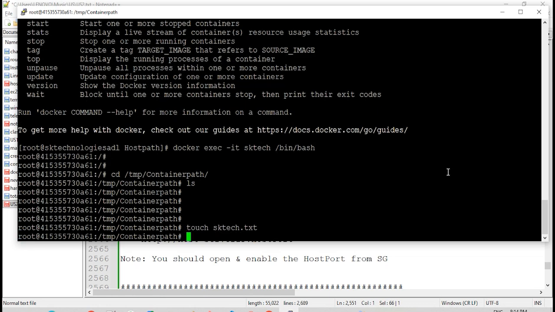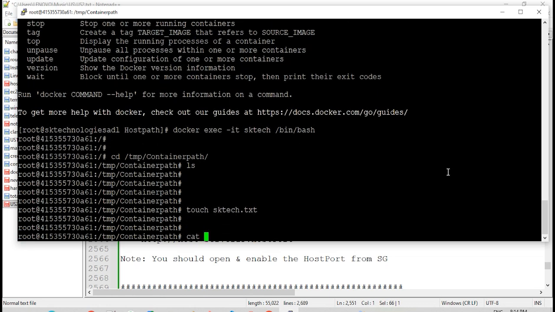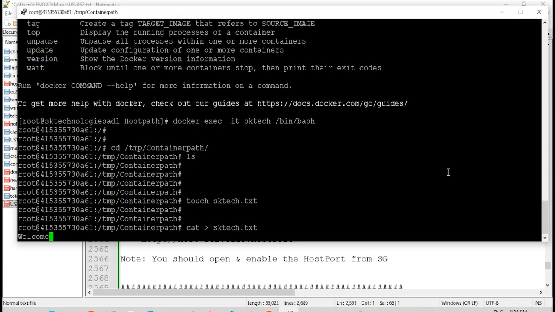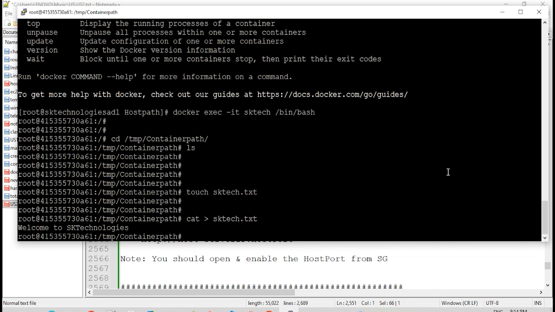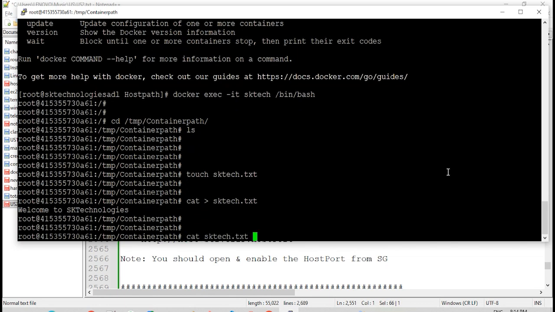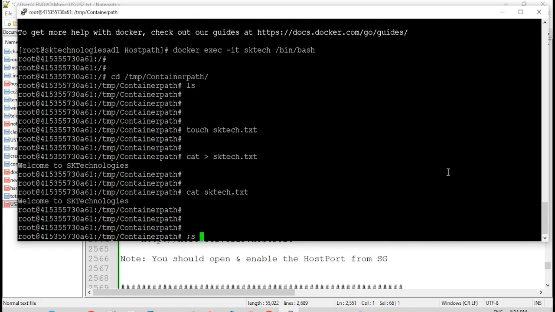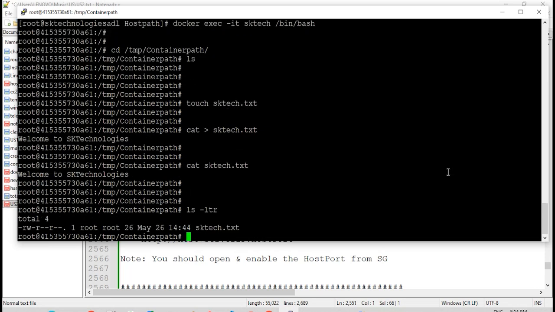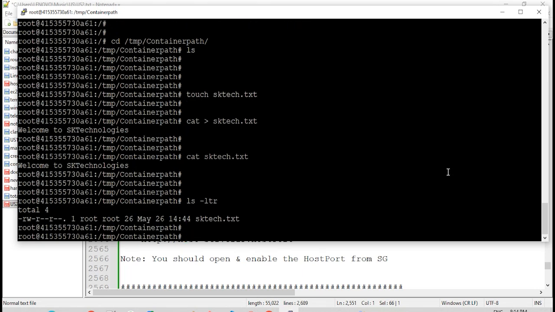Okay, I will create this file and let me add something. Okay, so welcome to SK Technologies. Let me save this. Okay, now we can verify this is my file which exists under the slash tmp slash container path. Okay, now I will take